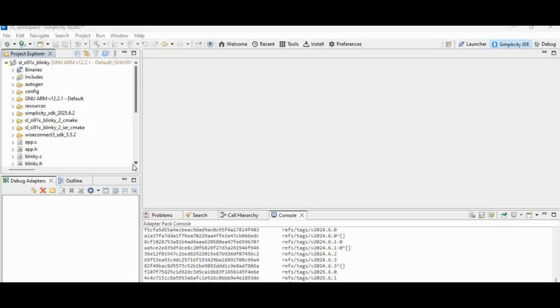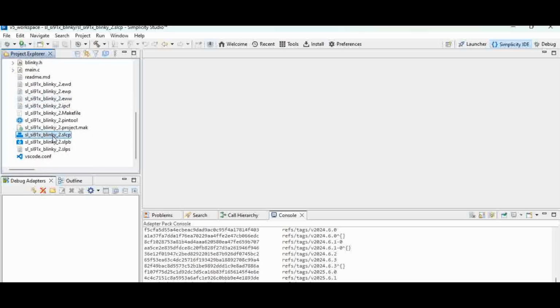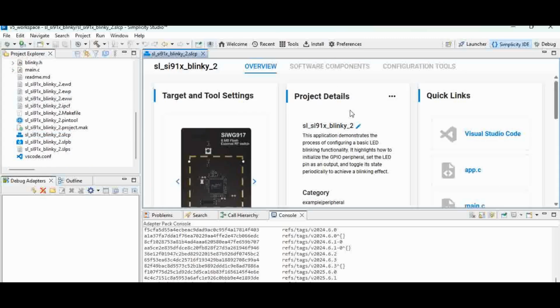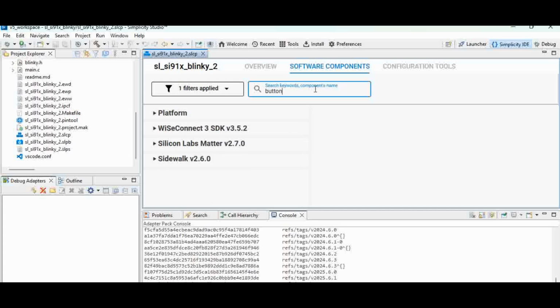So now let us look at how to add the button project to the existing LED blinky, because we have to press a button and then a corresponding action has to be taken, right? For this we have opened the LED blinky project, and if you go to the bottom you will have something called a .slcp file. Open the slcp file and go to software components. When you click on software components you will have different components open. You can search here by button,